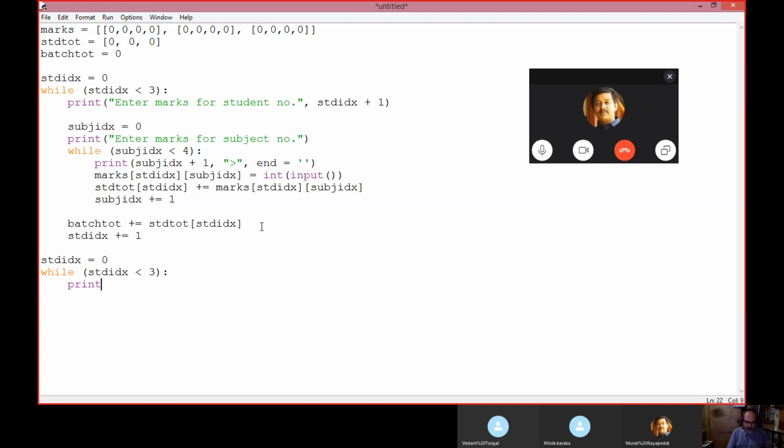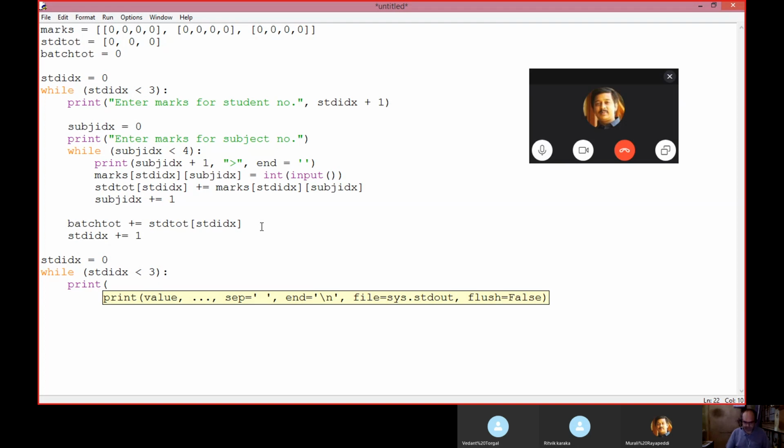Print average for student, stdidx plus 1.